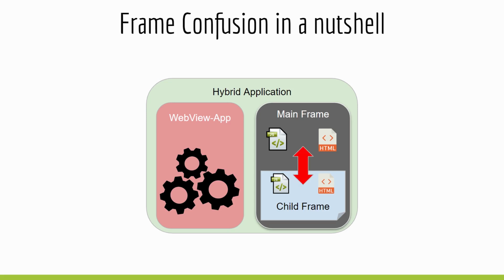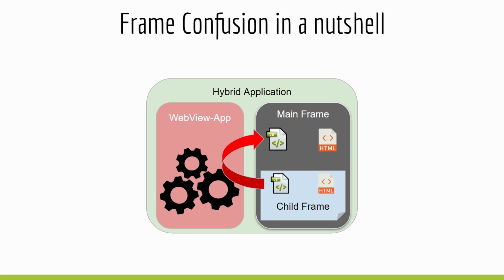In the web world, if pages are located in different domains, they cannot communicate with each other. But in hybrid applications, thanks to a vulnerability called frame confusion, a malicious interaction is created between the two pages located in different domains. This is why, as I said before,